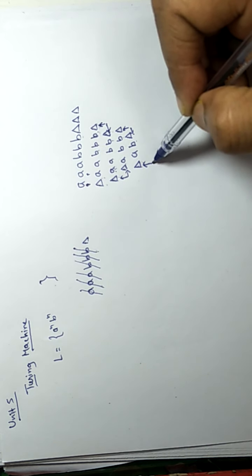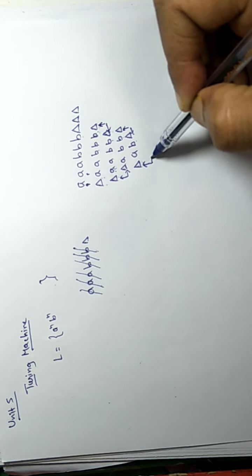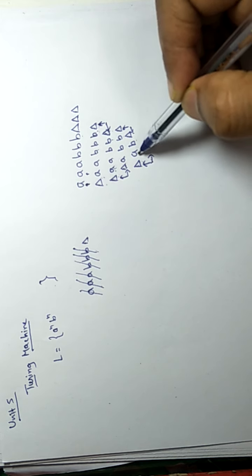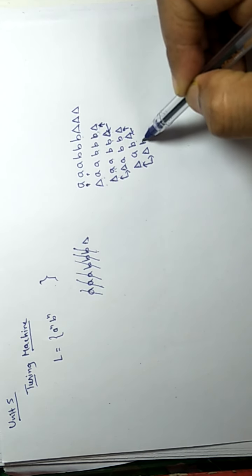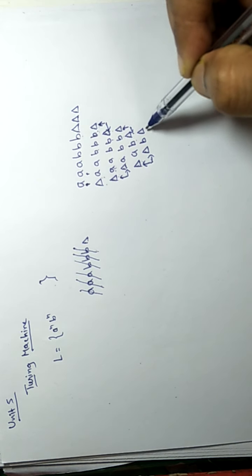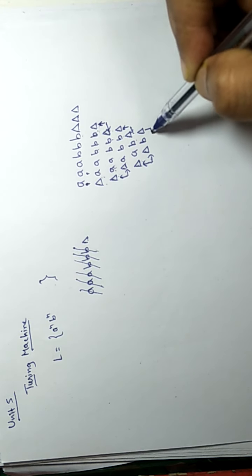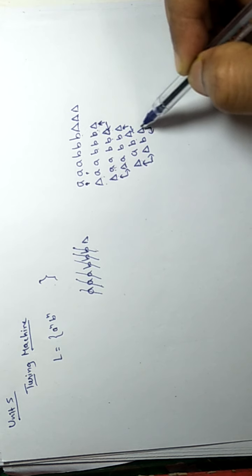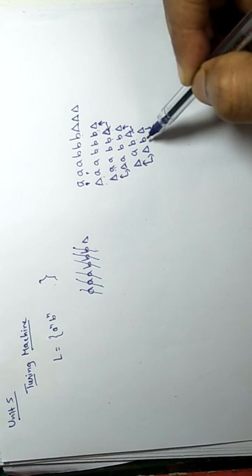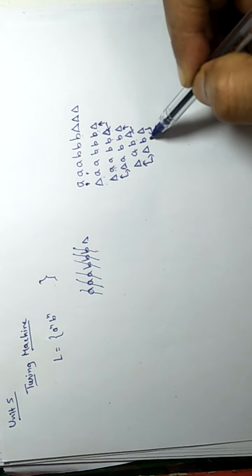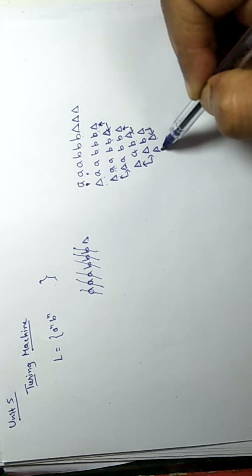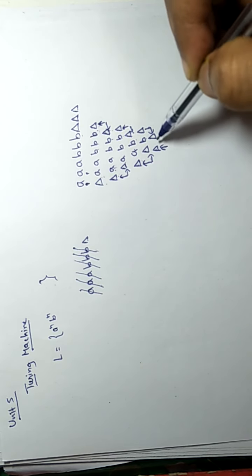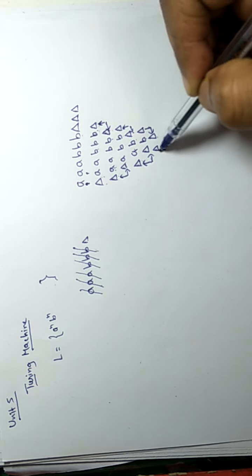Here we are sure that in the right of this blank we have A, so we will convert it into blank, moving forward, and at this corner we are sure that we have a B at the left. For this A there is a B, so we convert it, moving to the left corner. Now at the left corner, if there are more A, we will get A in the left of this blank.